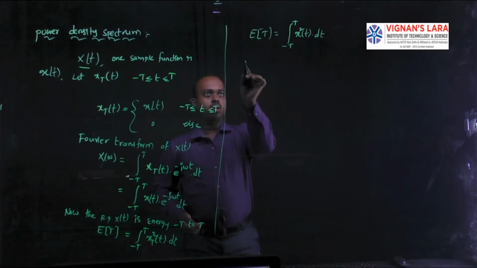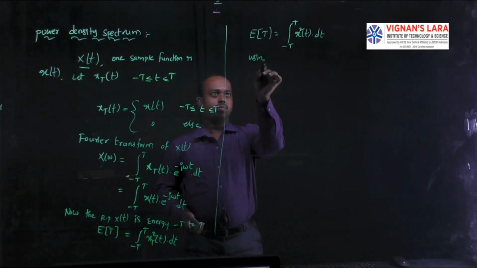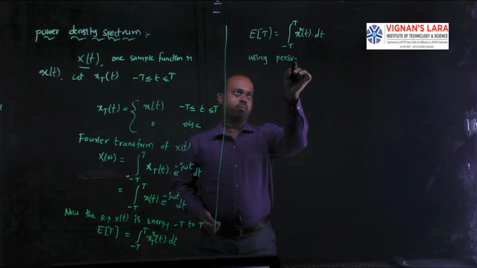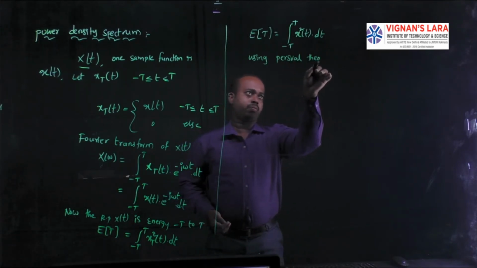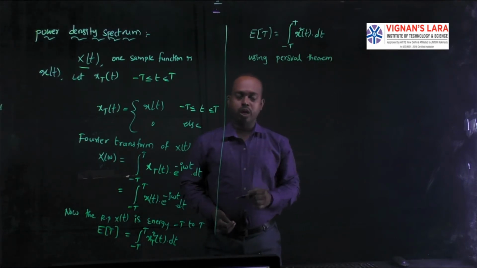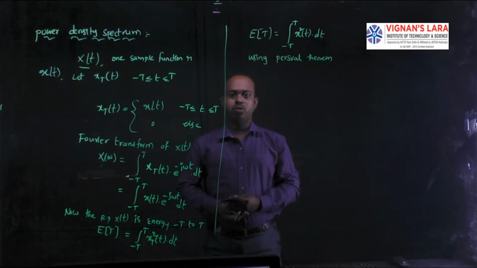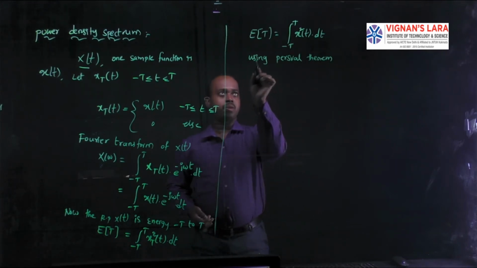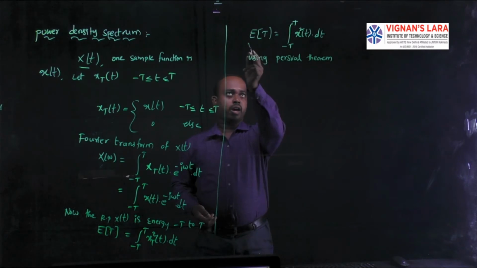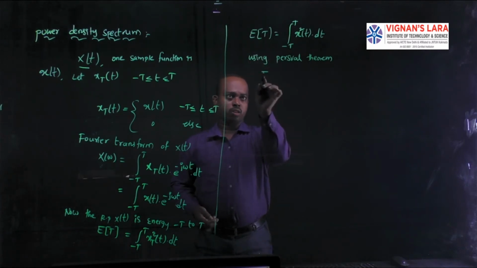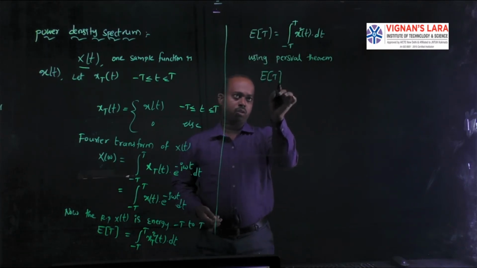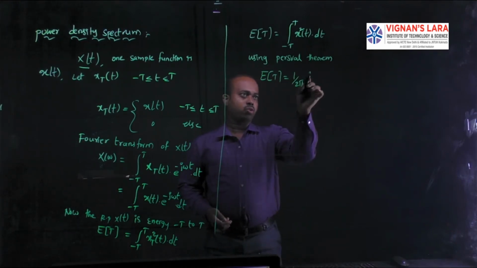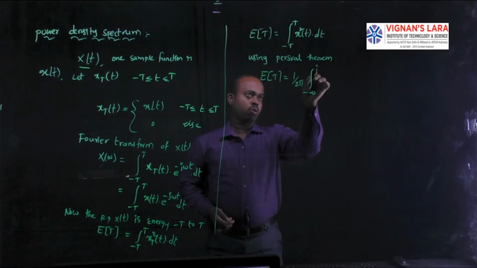For this we are using the Parseval theorem. According to that theorem, we can represent any time domain function in its frequency domain. So I have to represent its energy function in the frequency domain, that is E(t) is equal to 1 by 2 pi, integral from minus infinity to plus infinity,